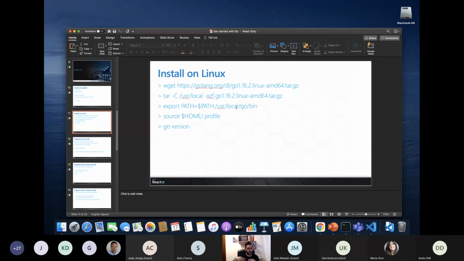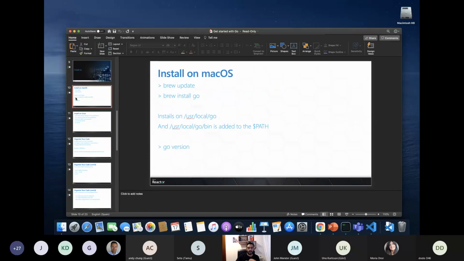I mean, that could be any place again, right? That could be another location if you want to. As long as this location is included in the path, you can have that anywhere. So you simply replace that binary file with the new version, and that's going to be it. At least in this way of installing Go, right?